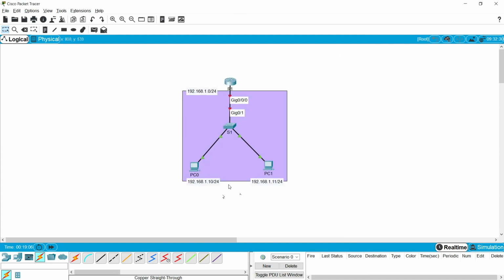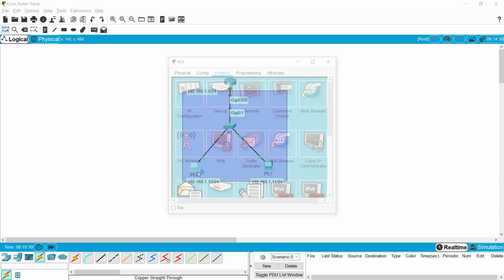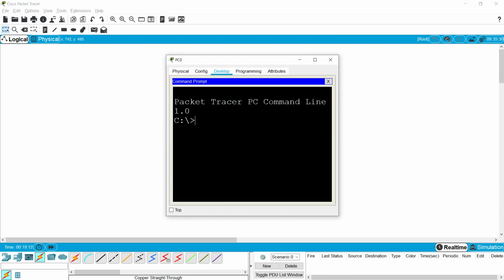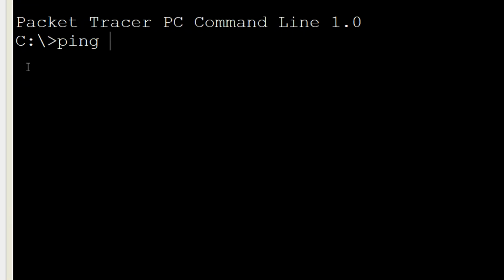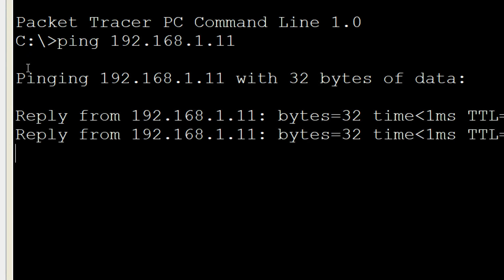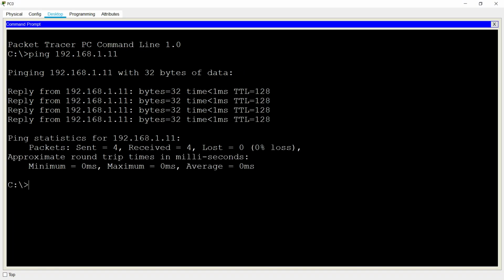These two PCs are ready to communicate with the help of this switch S1. Go to PC0 command prompt, ping 192.168.1.11, and here we can see we get the replies.